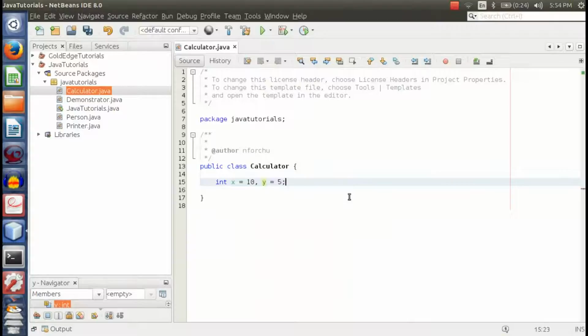I'm sure we saw this syntax for declaring and initializing multiple variables of the same type in a single line, and that's what I'm doing there. You could go ahead and play with some different declaration syntax to see exactly what you get. So I'll just declare a method, public void add,